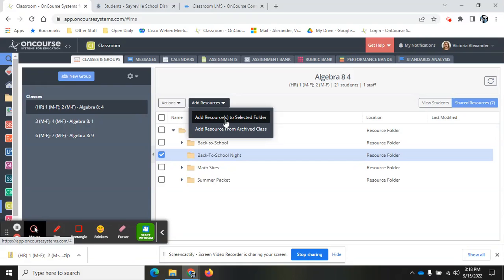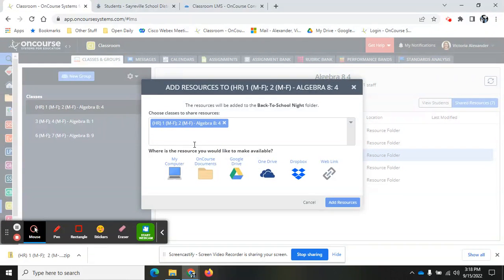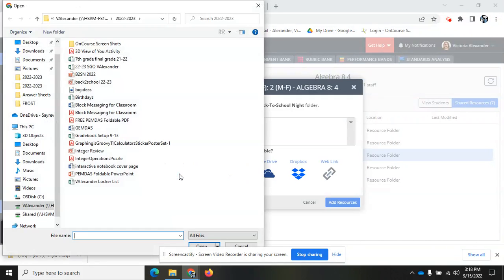You'll notice that you can add resources to a selected folder. You can also add it to the direct top folder and then drag and drop, which I will show you in a second. So I'm going to add these to the selected folder. You'll also notice right down here, there are 6 different possibilities of where you can get these items from. Google Drive, My Computer, web links are probably going to be the most common you use. So if I click on My Computer,